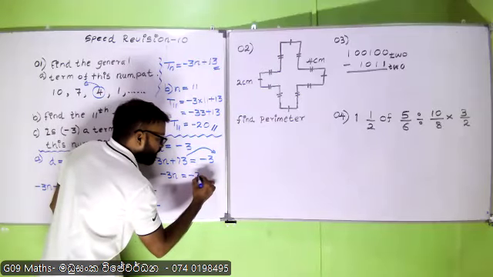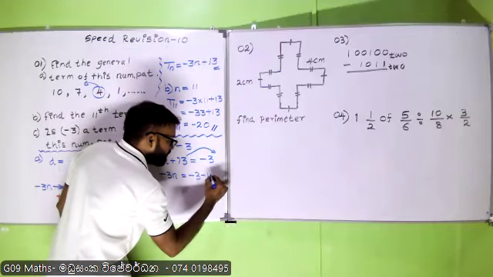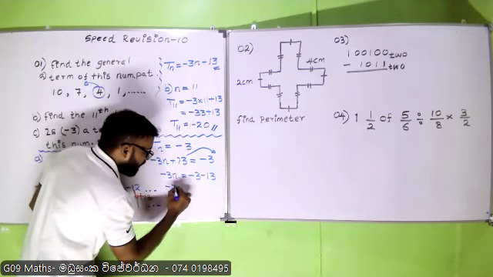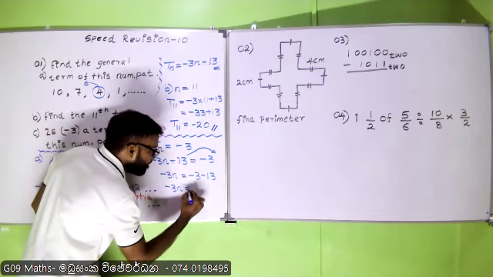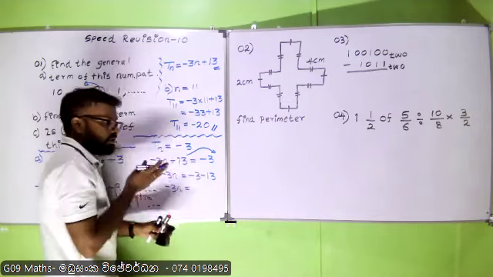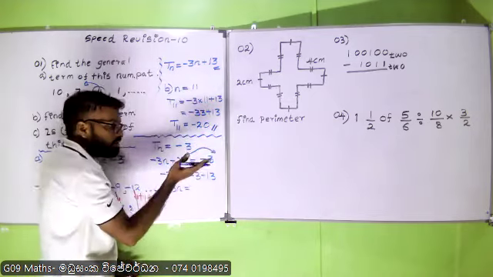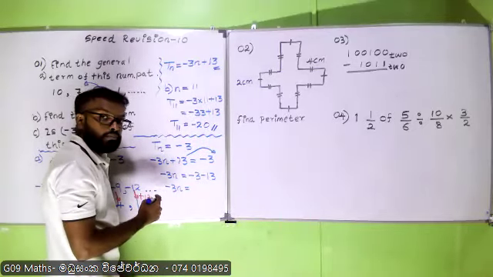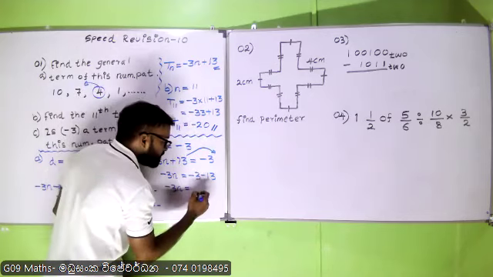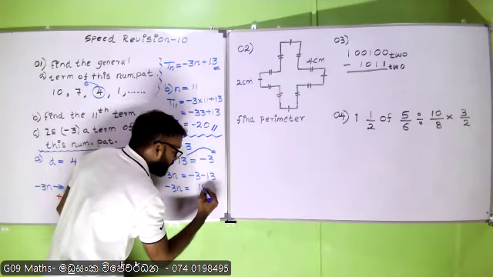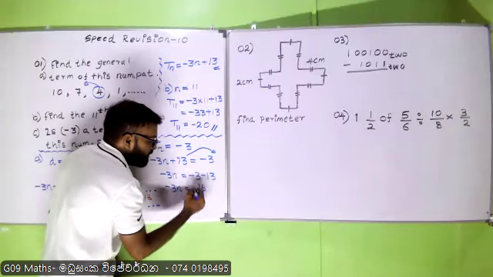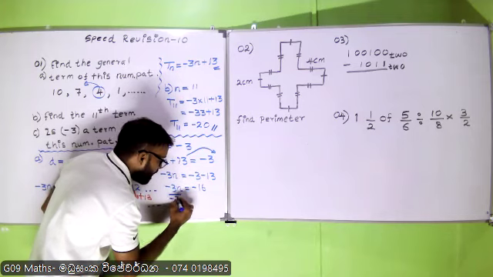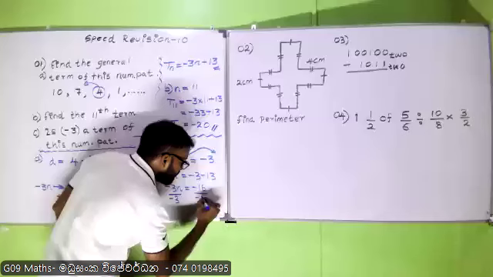By negating it, right? -3 minus 13. Here you have -3n now, right? Same direction. -3 minus 13, so same directed numbers. So add them: 3 plus 13, 16. Right? 16. So the sign is same, minus. So you are going to divide this side by -3 and this side by -3 in order to obtain